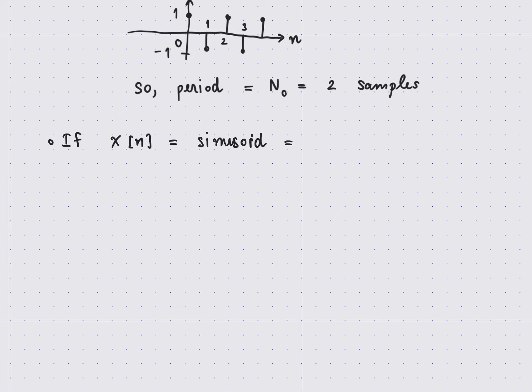For example, if I have cosine of omega naught times n plus phi, then x[n] will be periodic only if